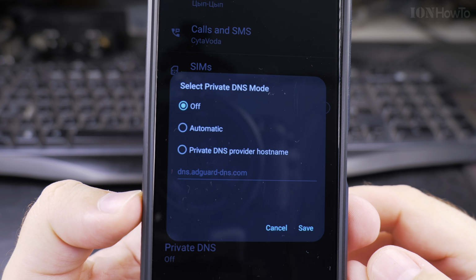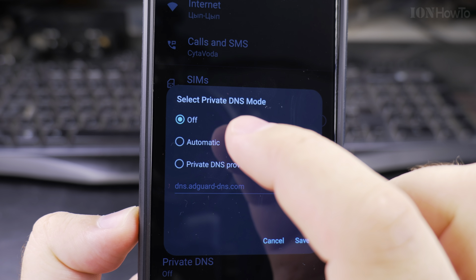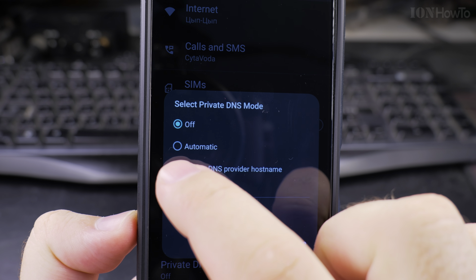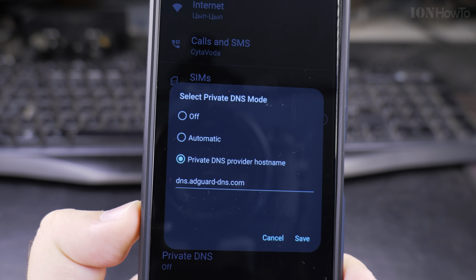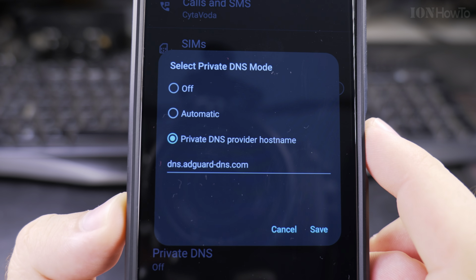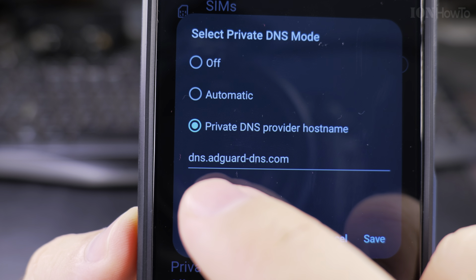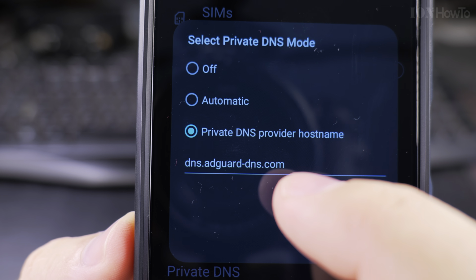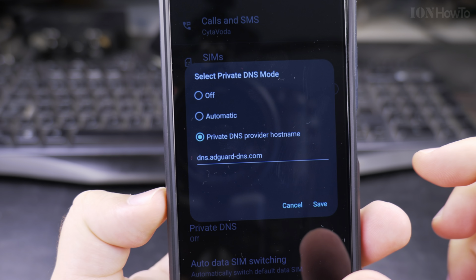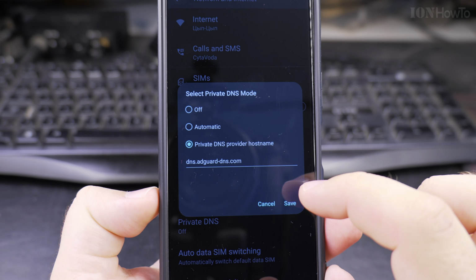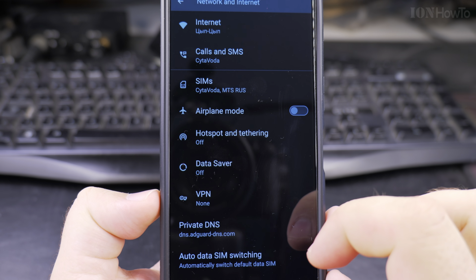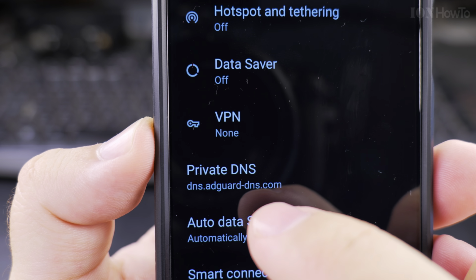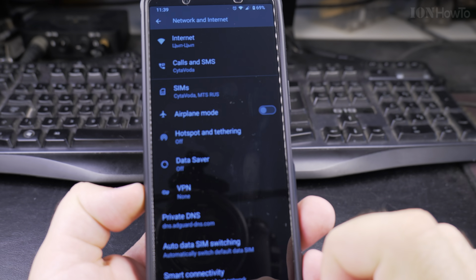This setting, private DNS, you change from off, from select private DNS mode off, to private DNS provider hostname, and enter manually dns.adguard-dns.com. And this is going to block ads. If you see here "can't connect," it means there is a problem, but there is no problem and now it's